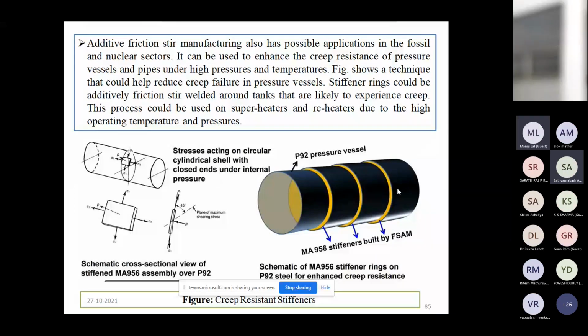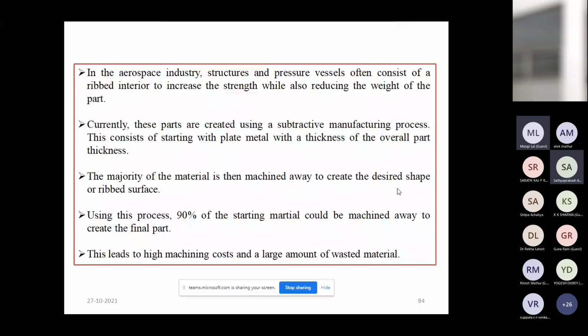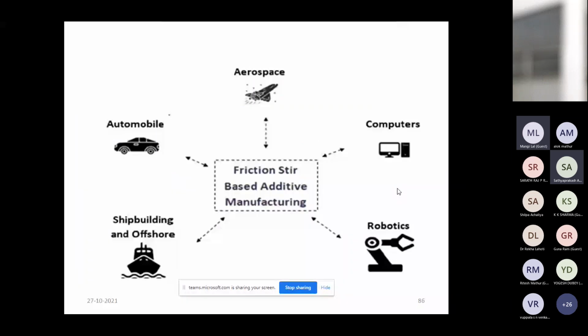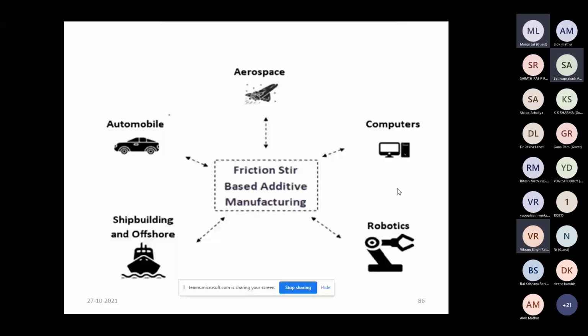So these are the applications of friction stir additive manufacturing techniques. For example, in aerospace, automobile, computer fields, robotics, and shipbuilding. Where we have to generate large-sized components, we can use these friction stir based additive manufacturing techniques.